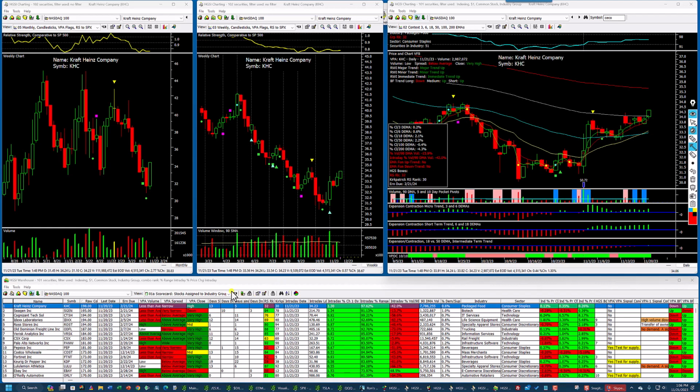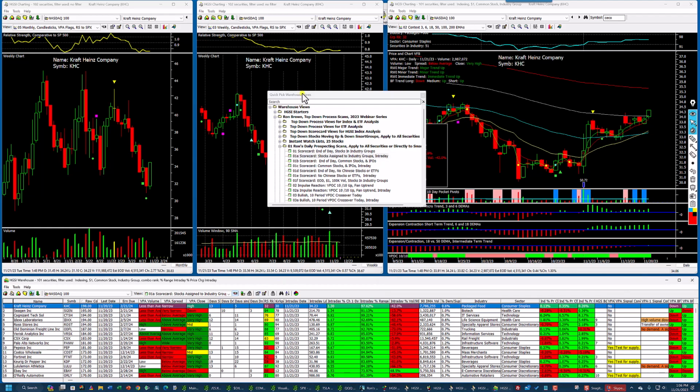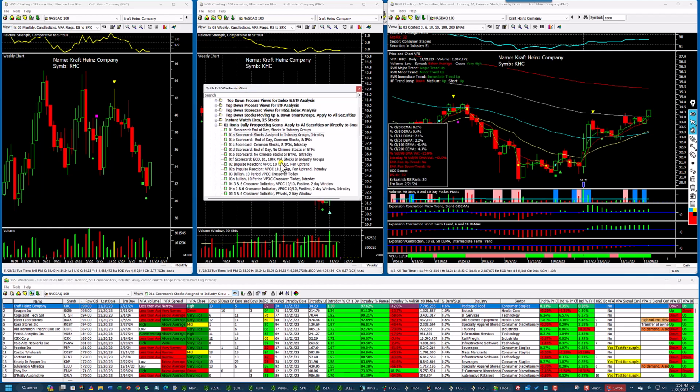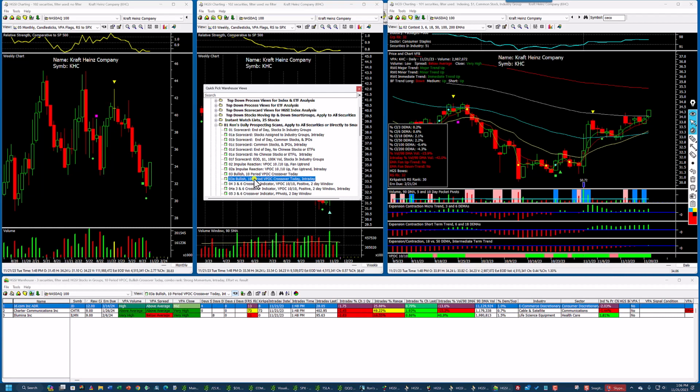Now I'm going to click on that quick pick again. I have to deactivate this. Quick pick. And going down this list, you can see that the crossover days are here when I click on 3A. This is a 0 in the volume point of control, days since the crossover. So these stocks crossed over today, and JD.com crossed over, 3 crossing the 6, 5 days ago, but the stock